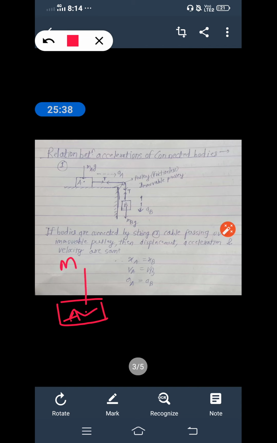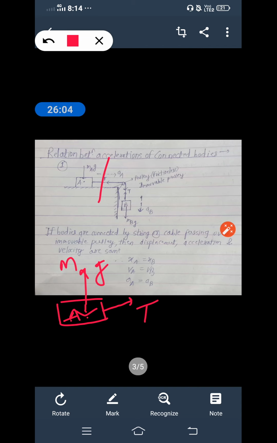MAG, the mass of that block times acceleration due to gravity. And what is the direction of that? In the downward direction, passing through the CG. Next important point: when we cut this string, you get tension on this side. So this is the tension in the string after cutting.